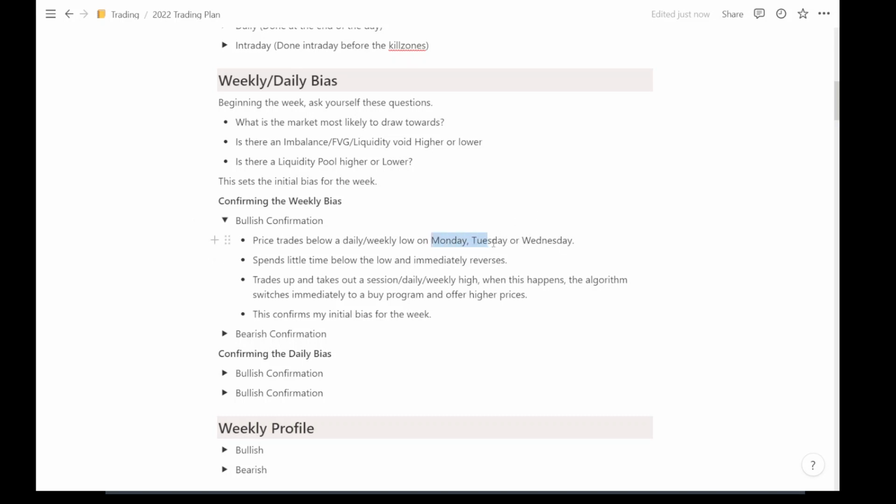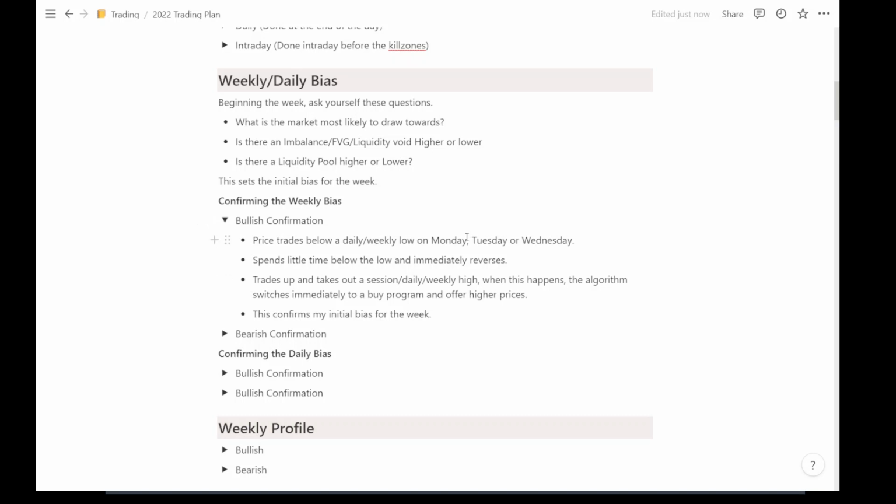And at the time that this is happening, I'm going to be comparing the lows on the two pairs that I trade, EU and GU, to see which one will fail to make a higher high, to see if there is going to be some kind of SMT divergence. In other words, if one of them is taking out the Monday's low and the other one is failing to do the same thing, that is an SMT divergence. That is a crack in correlation between those pairs, and that for me would confirm my initial bullish bias